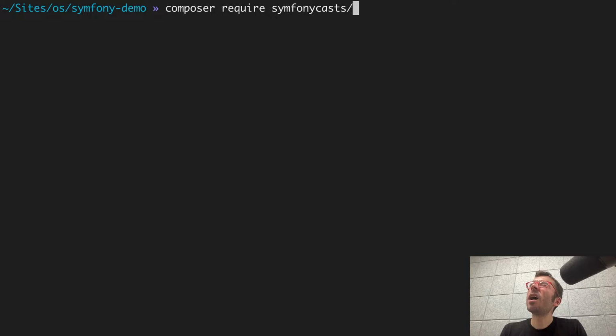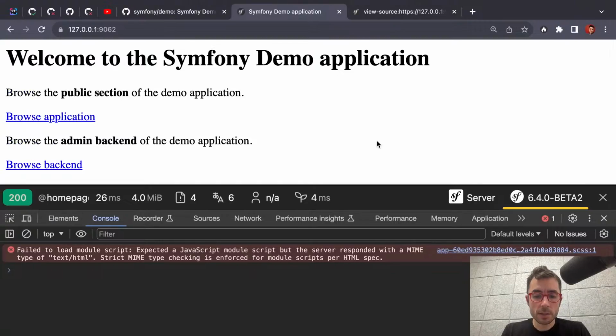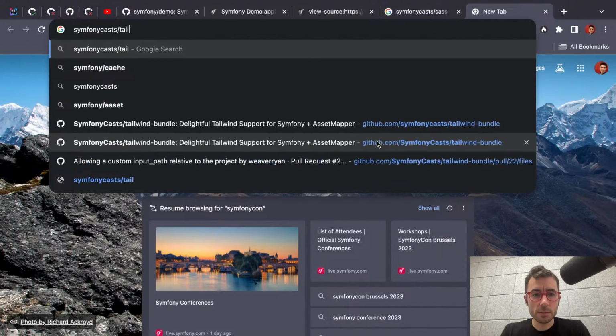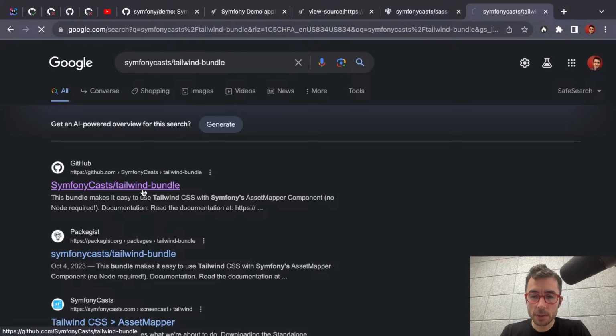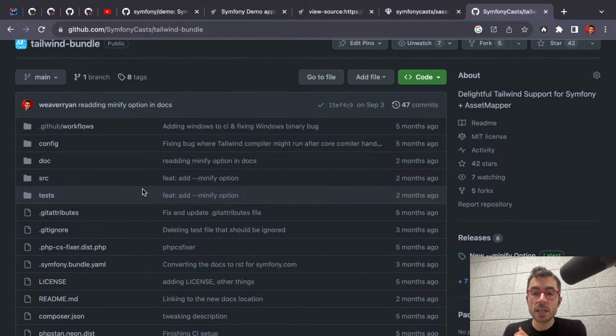Let's see here. Sass bundle. So under Symfony UX we have a Sass bundle. We also have a Tailwind bundle. Sass bundle, Tailwind bundle. And so yes, you can use Sass and you can use Tailwind inside of AssetMapper, and you don't even have